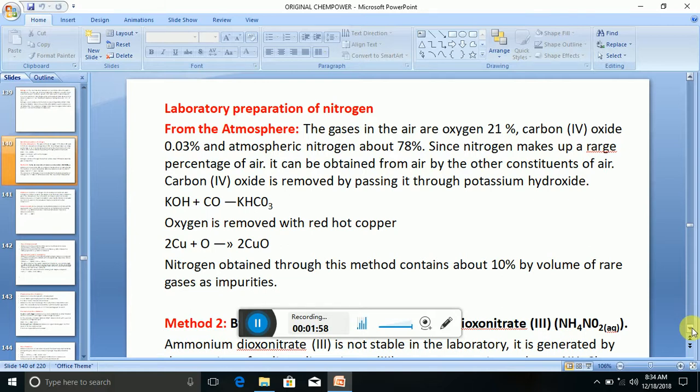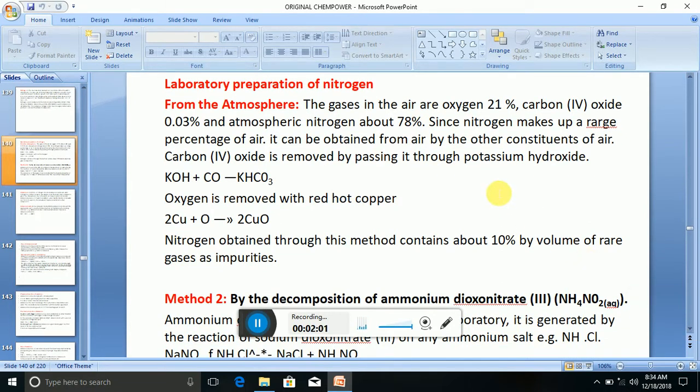Now, the laboratory preparation of nitrogen. How do we prepare nitrogen in the lab? 1. From the atmosphere. The gases in the air are oxygen 21%, carbon dioxide 0.03%, and atmospheric nitrogen, which is 78%. Since nitrogen makes up a large percentage of the air, it can be obtained from air by removing the other constituents